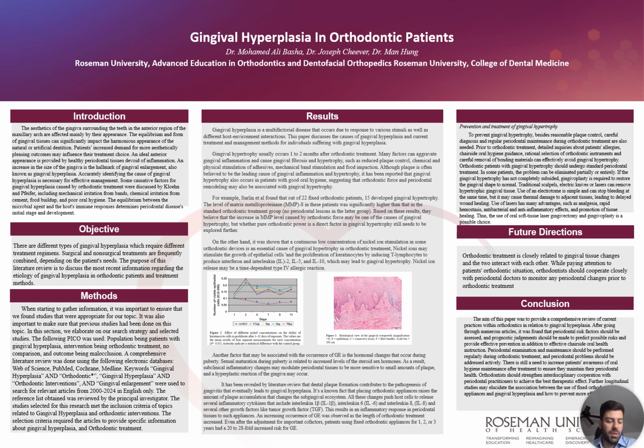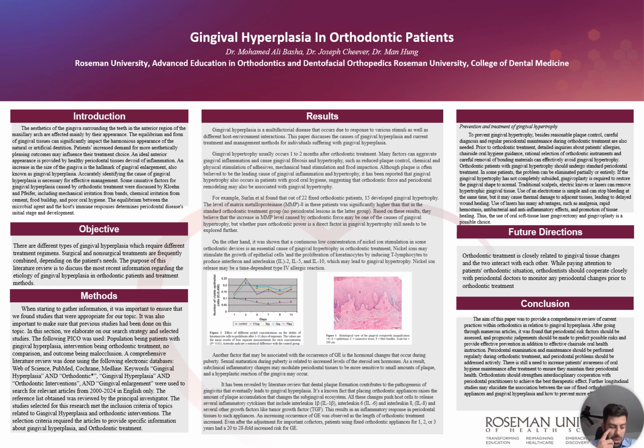So our next section is going to be talking about our methods. When starting to gather information, it was important to ensure that we found studies that were appropriate for our topic. It was also important to make sure that previous studies had been done on this topic. In this section, we elaborate on our research strategy and selected studies. The following PECO was used: population being patients with gingival hyperplasia, intervention being orthodontic treatment, no comparison, and outcome being